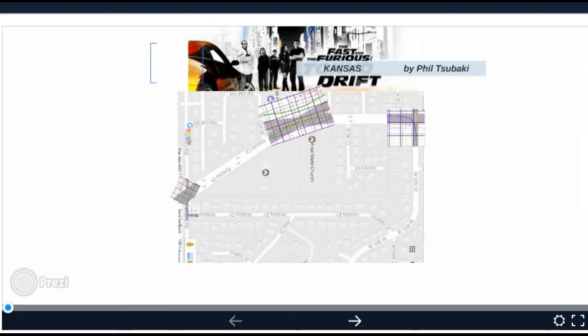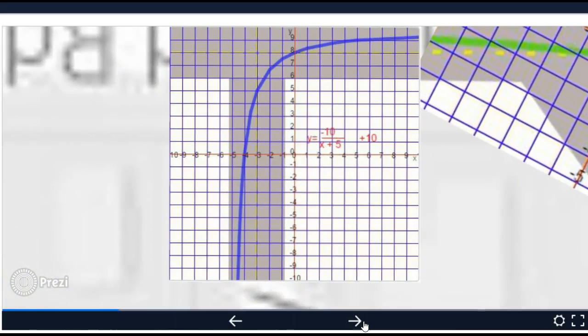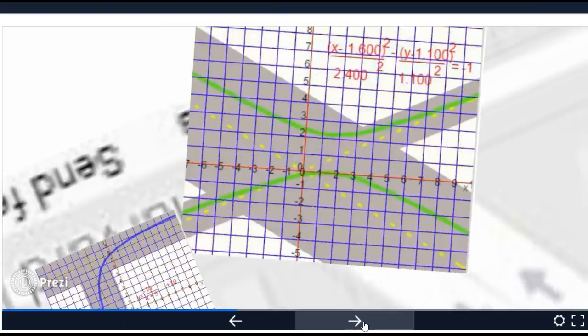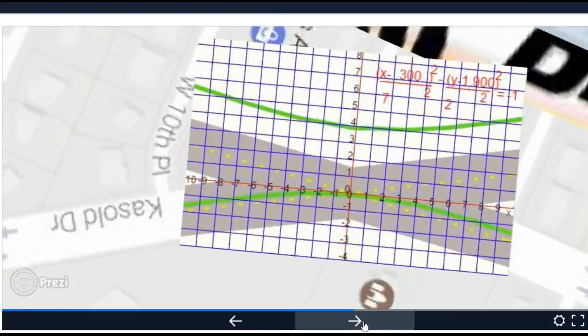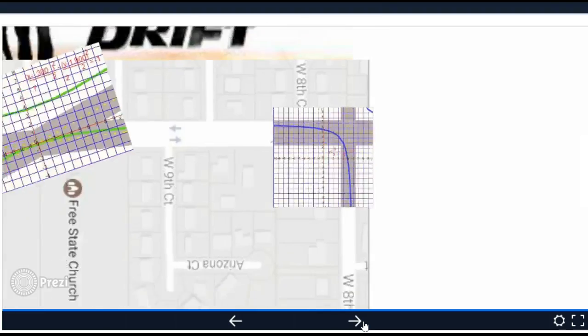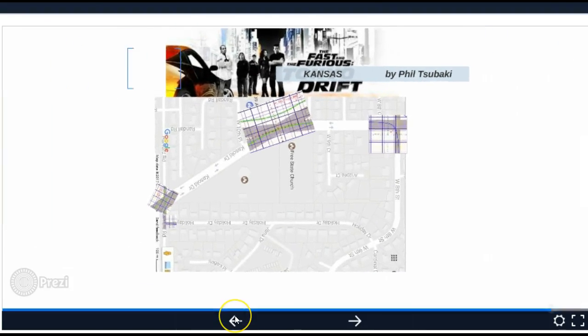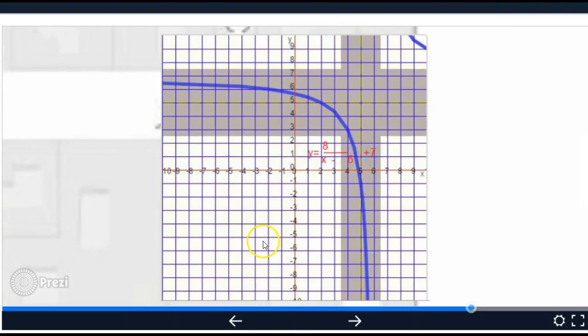So this is an example of the YouTube video that you should make for explaining your project. So first I would like for you to go through all the slides of your project just to show the route that you created. Okay. And then I would like for you to go into two different intersections and explain how you modeled the